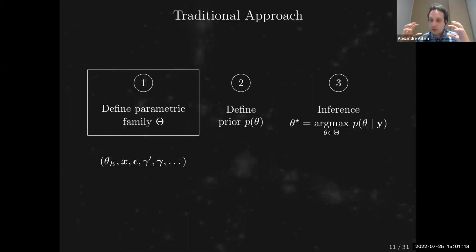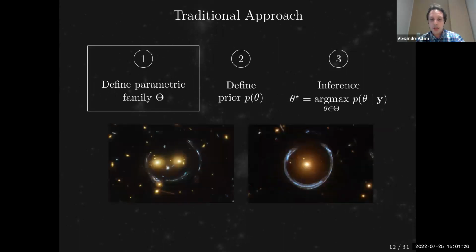And this approach relies heavily on the first part, because you need to be really smart about the way you set up those parameters. And it's not obvious how you do a very general approach that's going to be able to handle very different systems, like just these two that I'm showing, where on one you have one main deflector and on the other you have two deflectors. You either need some human intervention or a very smart system that can handle this.